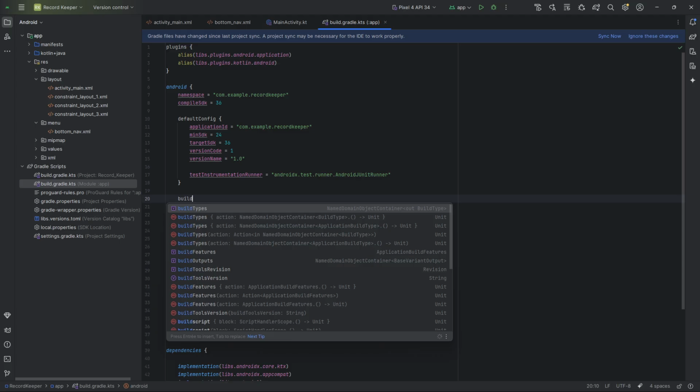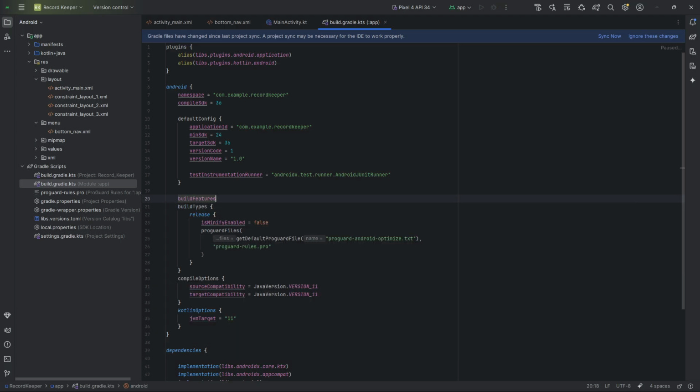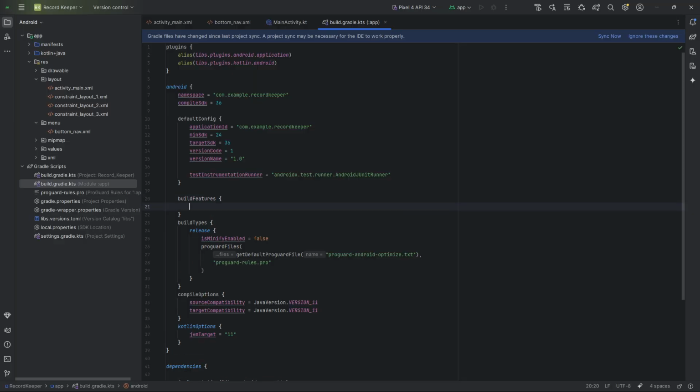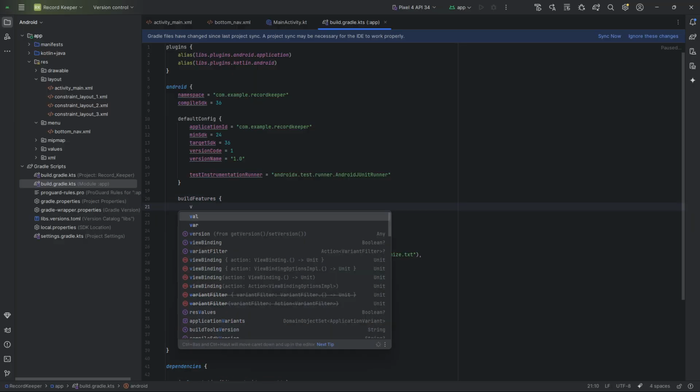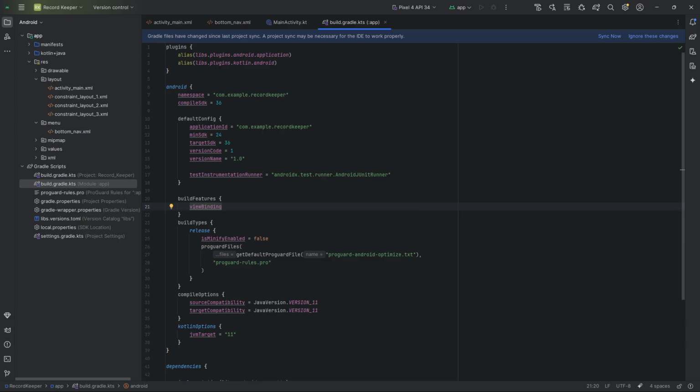I'm going to switch back to Android Studio. I'm currently in MainActivity, so I'm going to move over to build.gradle. You can see the app build.gradle. Inside this Android block, I'm going to add a new block called buildFeatures. I can see I've got buildTypes and defaultConfig, but no buildFeatures block. Outside all of these little blocks, I'll put it between defaultConfig and buildTypes. I'm going to make a few line breaks and paste in that buildFeatures block, so Control V, Command V. You can see I've got buildFeatures, a curly braces block, and then this simple viewBinding true